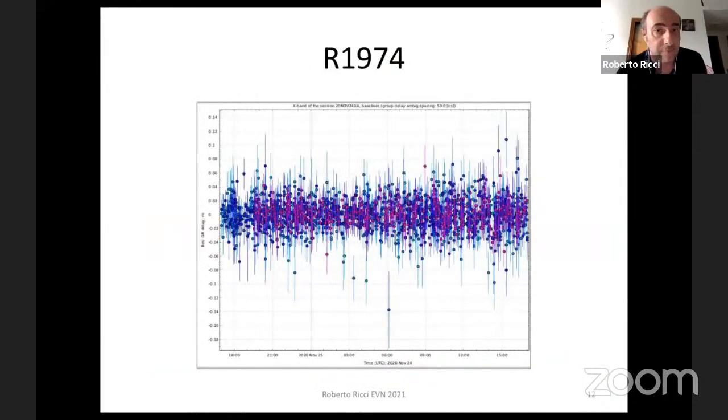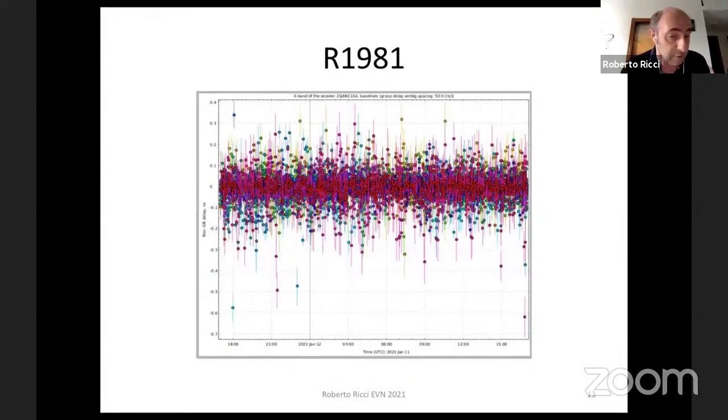And the first one, Rapid 1974, we had a good performance in terms of the post-fit group delay residuals, 16.4 picoseconds, and also the clock drift uncertainty was of the level of 10 to the minus 15 seconds per second. The second experiment had problems with unlocks, in particular 7 unlocks in Matera and 3 in Medicina. So the link wasn't stable to the point of having a possibility of